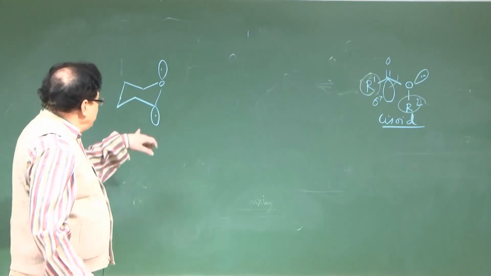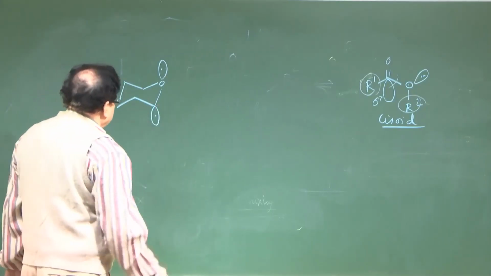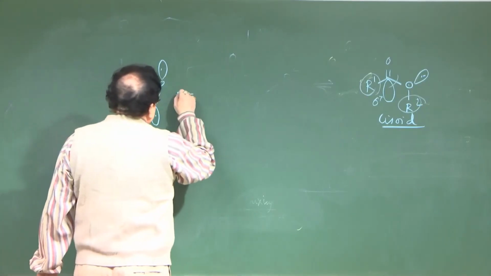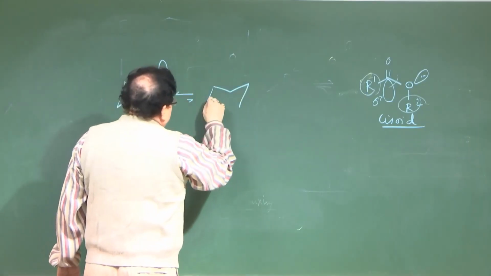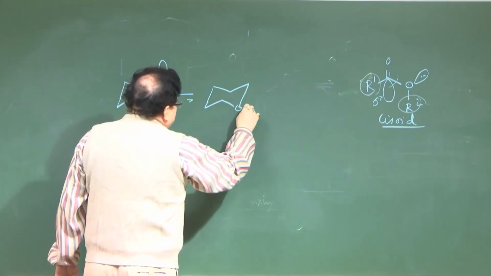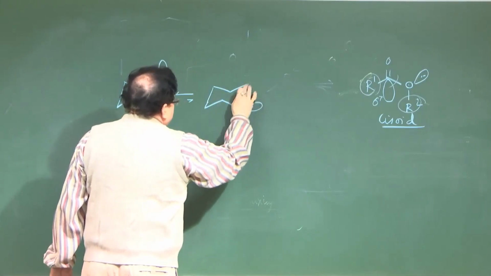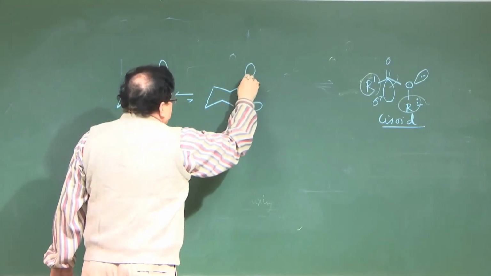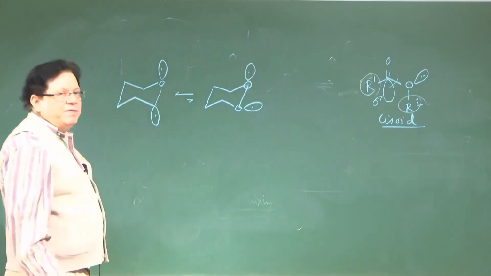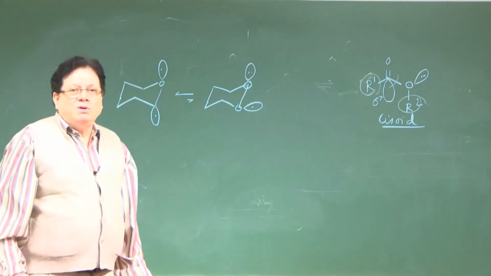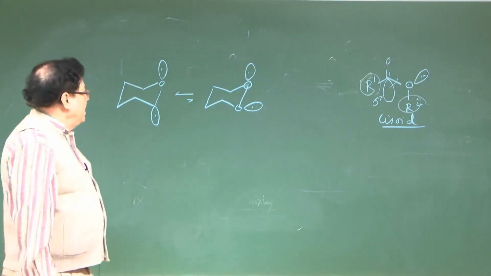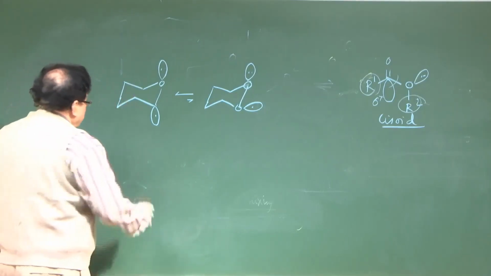So, that means, if you are making a radical at this anomeric carbon, the radical tends to adopt a geometry where it is axially oriented and not equatorially oriented. Okay. The same anomeric effect also plays a role in the geometry of the radical. Okay. How was it proved? It was proved by taking